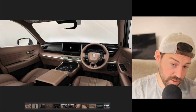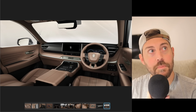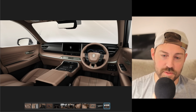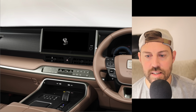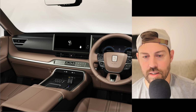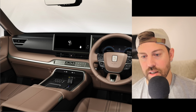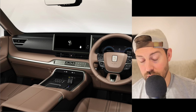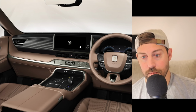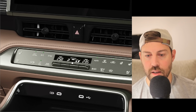Now the interior of the front. Now this is a vehicle that I would love to import in 25 years. Wouldn't that be cool? This interior, we have the 12-inch screen here. It's like they know that the 14-inch screen is too big for the Lexus models, like the Lexus NX and RX. And they also know that having those climate control buttons as touch buttons integrated into the screen is not what people want either. At least they kept the volume knob, but all of your climate control buttons here are,